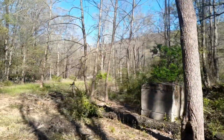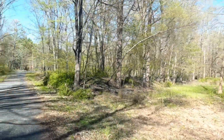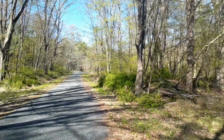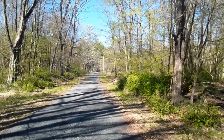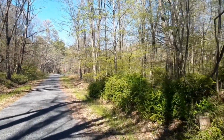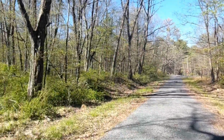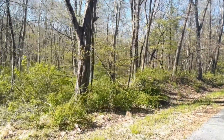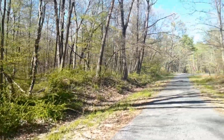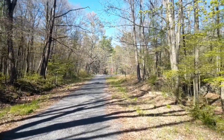But here it turns over here, and I think you can see this is clearly man-made. This is making its way over to the aqueduct. Let's just see here. Boy, I'll have to get here when the trees are down a little more. I see signs of stuff over here. I see a lot over here. But I have to feel like what we're seeing right here,